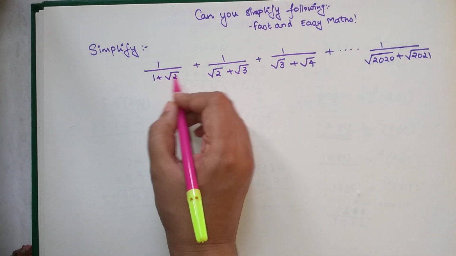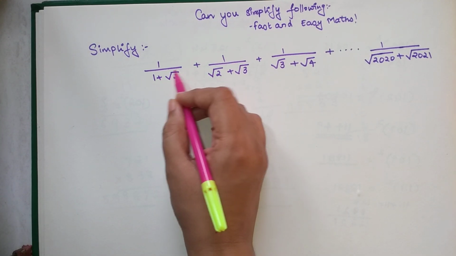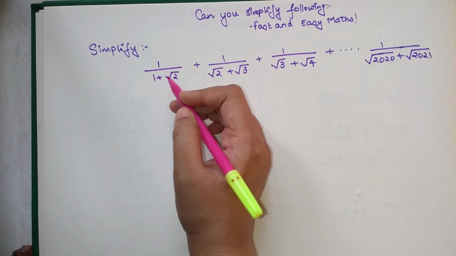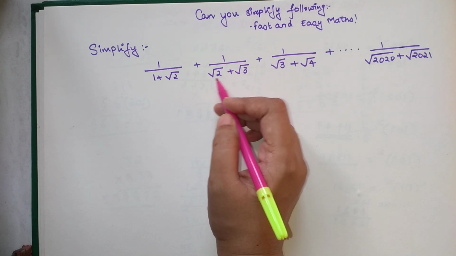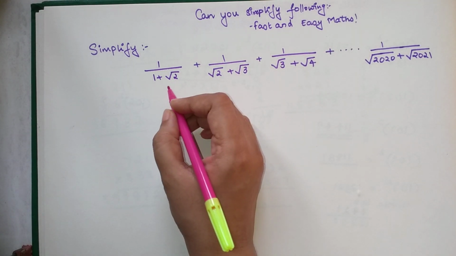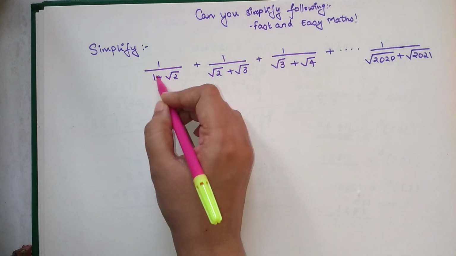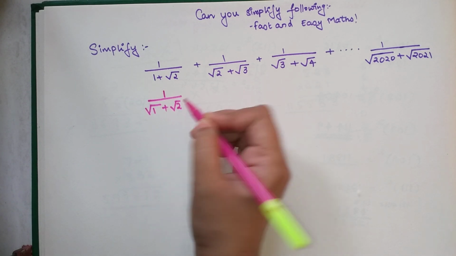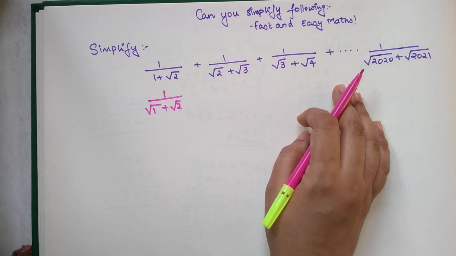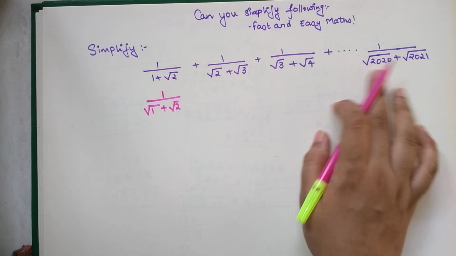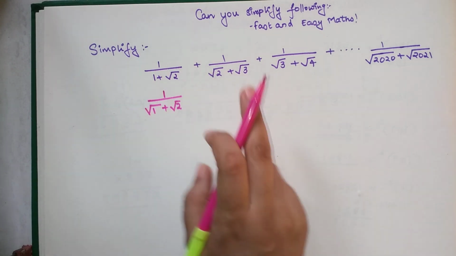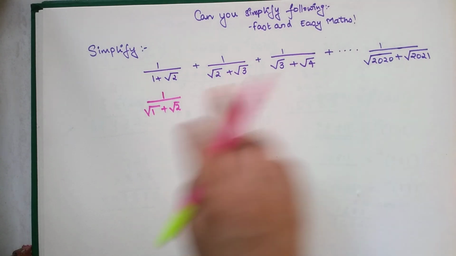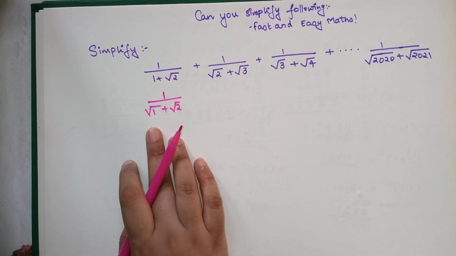Now over here, if you look, the last number of the first term in the denominator is getting repeated in the next fraction. So I can write this particular fraction as root of 1 plus root of 2. Why? Because all the fractions are written in terms of roots only, and nowhere is there just a single number except for the first fraction. So I'm converting that also to be in a similar form. And we know that root of 1 is nothing but 1, so we can easily do this.